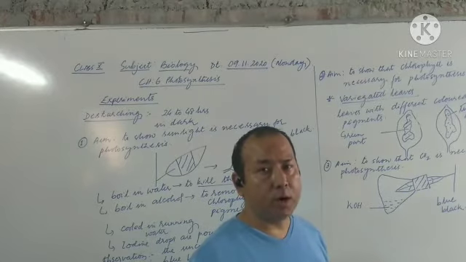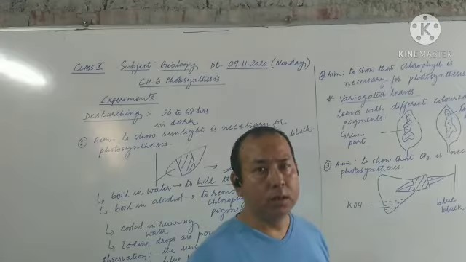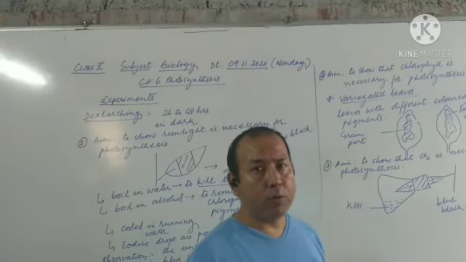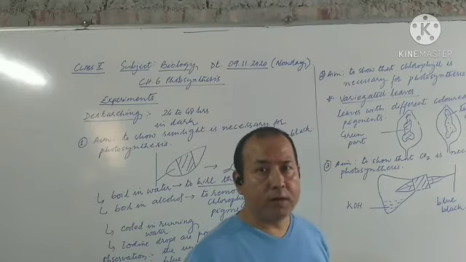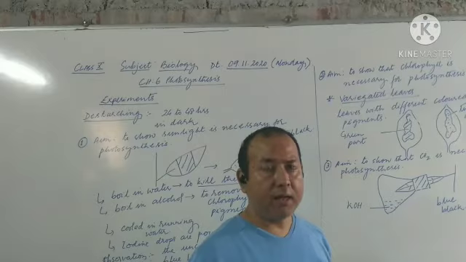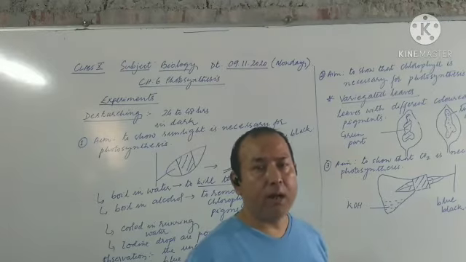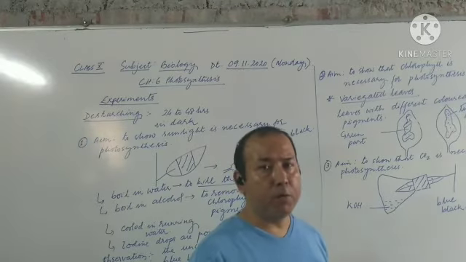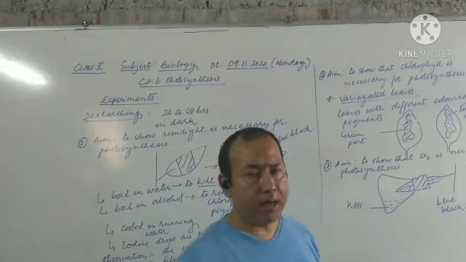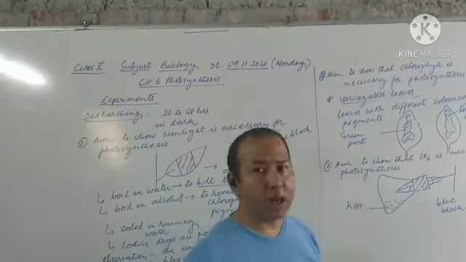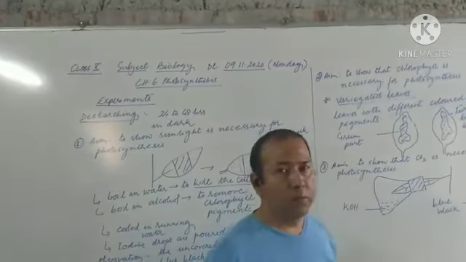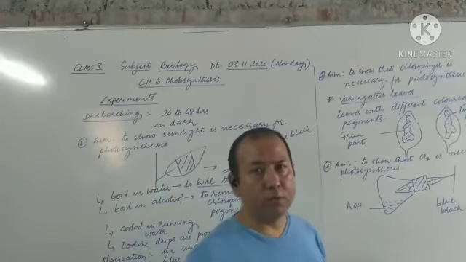Number one, it is boiled in water to kill the cells. Then number two, it is boiled in alcohol to remove the chlorophyll pigments, and then it is washed and cooled in running water. Then we add iodine to it, or we pour 2 to 3 drops of iodine over the leaf. What we observe is that the portion which was green in color turns blue black, and the remaining portion did not turn blue black.